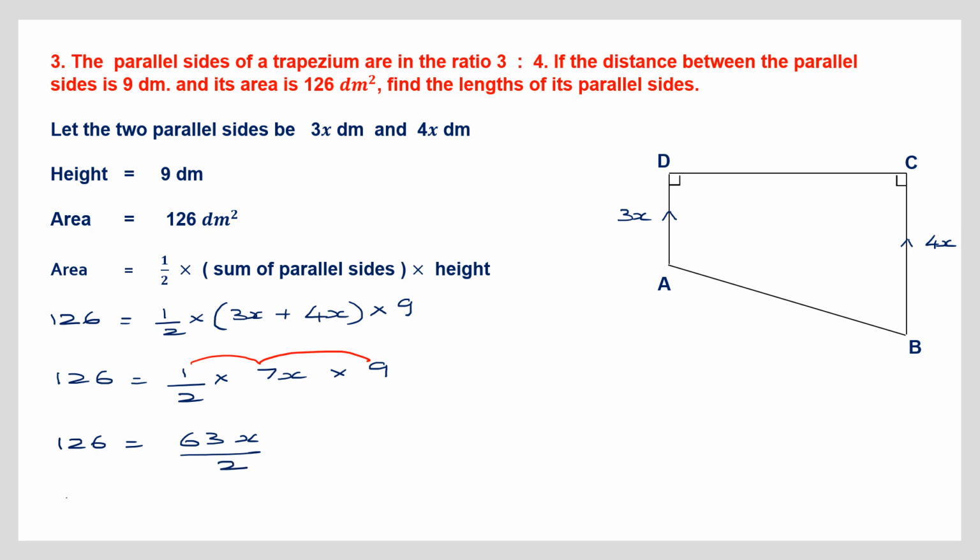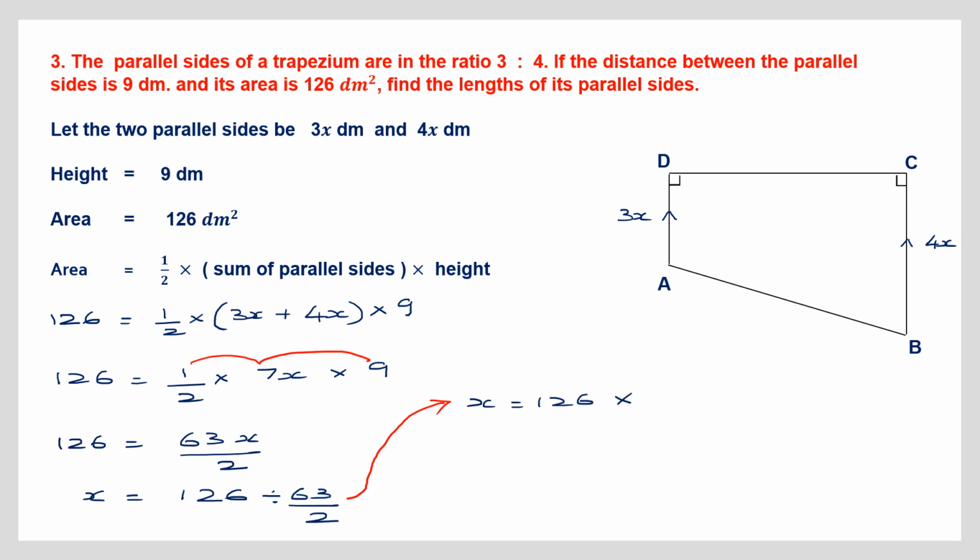So now if we continue, 126 is equal to, here let's write x. Since we are finding the value of x, let's write x here. Now on the other side we have 126, isn't it? Now here we have 63 by 2 into x. So when it goes to the other side, it becomes division. So divided by 63 by 2. I'll continue it here. So here x is equal to